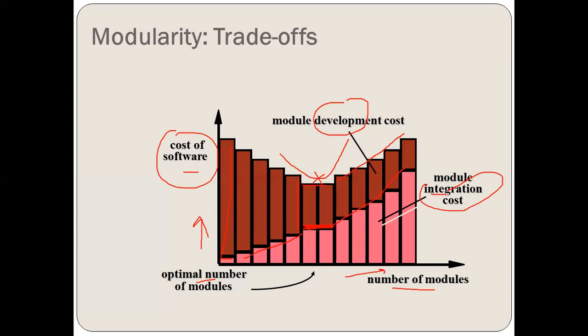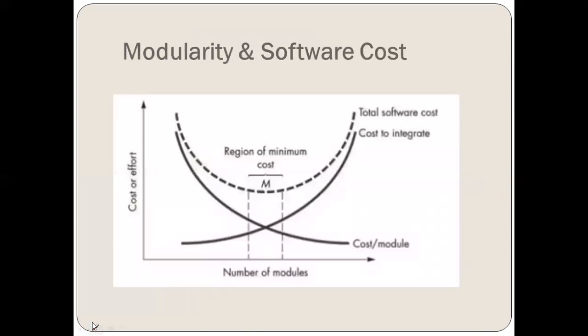As the number of modules increases, the integration cost will also increase, and that will lead to a higher cost of software. Now see, this is the graph for the software cost shown for modularity, the number of modules. This is the region for the right number of modules, and this is the region of the minimum cost, which can be seen as the dash with the M. This is cost or effort. See, cost and effort both are increasing with a lower number of modules and with exceeding the number of modules. So this is to be taken care of.